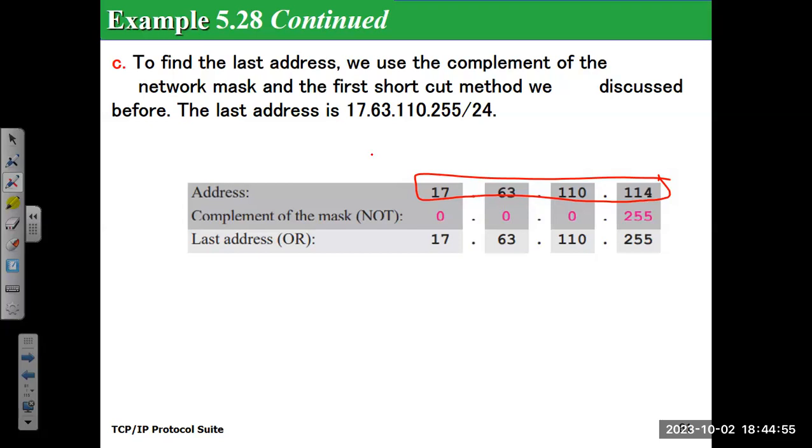All right. So now with the OR, if you OR with 255 or 0, you will take that. With the AND, we took the lowest number. With the OR, we'll take the highest. So if you do AND,